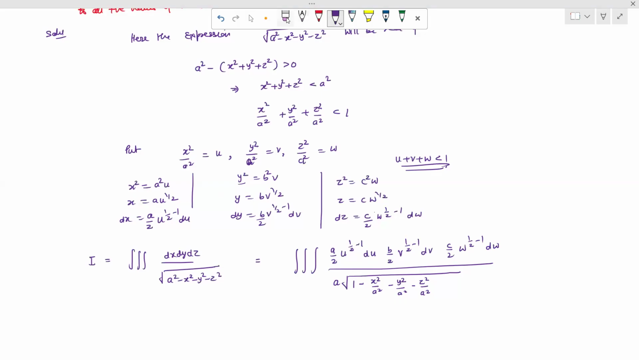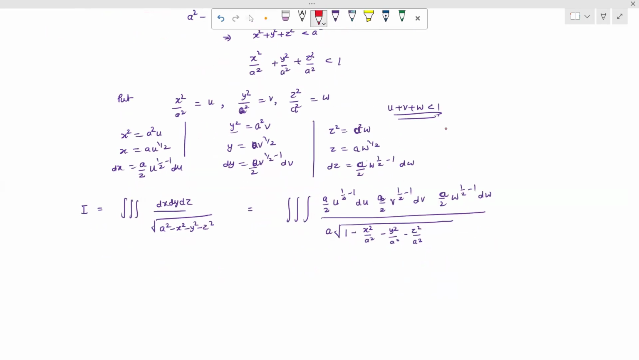So here we make one change. So this is our a square, and we write it as a square, a by 2, again a by 2. Okay, so we write down for a, b, c in this form. So now this can be written as